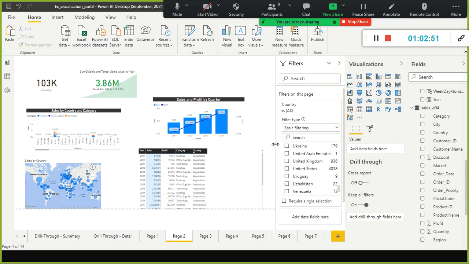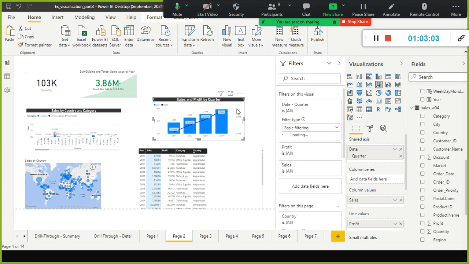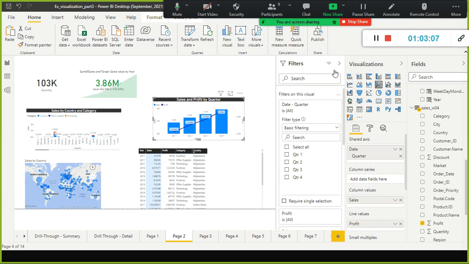Fine. So now you understood what is page level filter. Whatever the visuals that you have here, the filter will get applied to them. And visual level filter, select a specific visual. If you want to apply a filter to a specific visual, go to the filter pane and then look at the axis here. We have the quarter column, and whichever column that you want to apply it to, you can apply it.